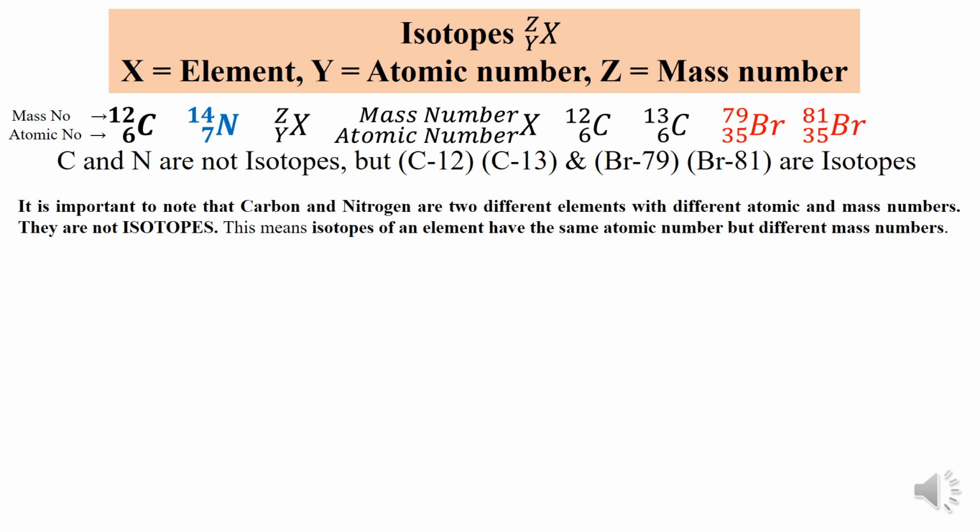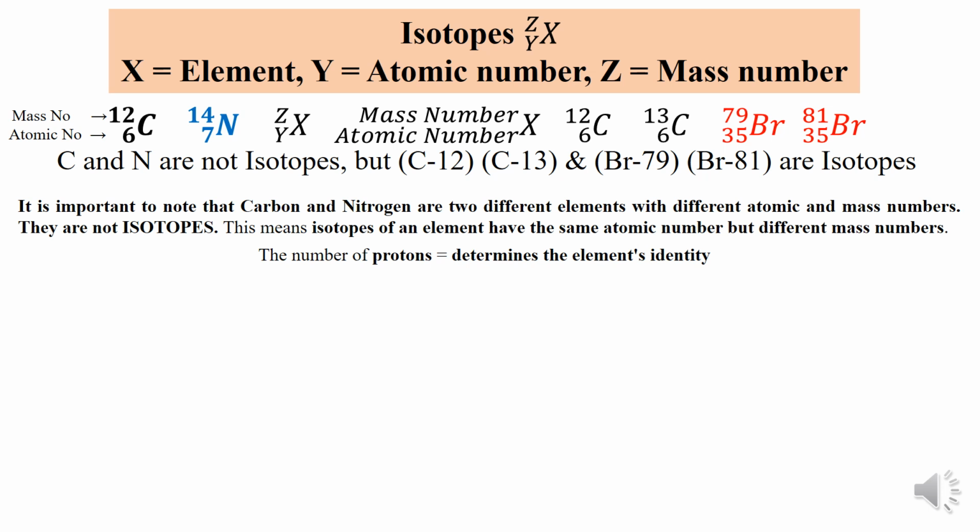So it is important to note that carbon and nitrogen are two different elements with different atomic and mass numbers. They are not isotopes. So this means isotopes of an element have the same atomic number but different mass numbers. Now the number of protons determines the element's identity. So in the case of carbon 12 and carbon 13 isotopes, it does not lose its identity. The identity of carbon is retained, though they exist in two isotopic forms. Even in the case of bromine, though it exists in two isotopic forms, that is 79 and 81, it retains its identity